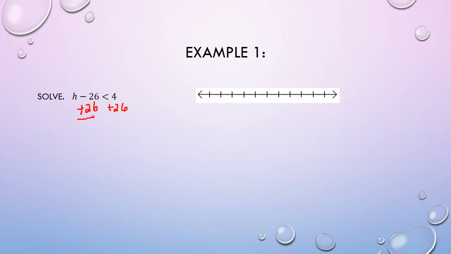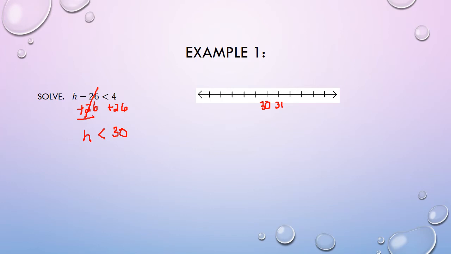So a negative 26 and a positive 26, those are going to cancel out. We bring the h down, bring down the inequality sign, and 4 plus 26 gives us 30. So now we would graph it. So on your number line, you would put 30,